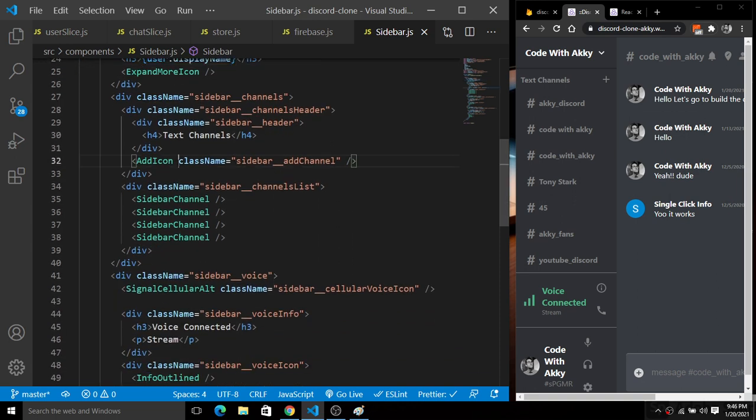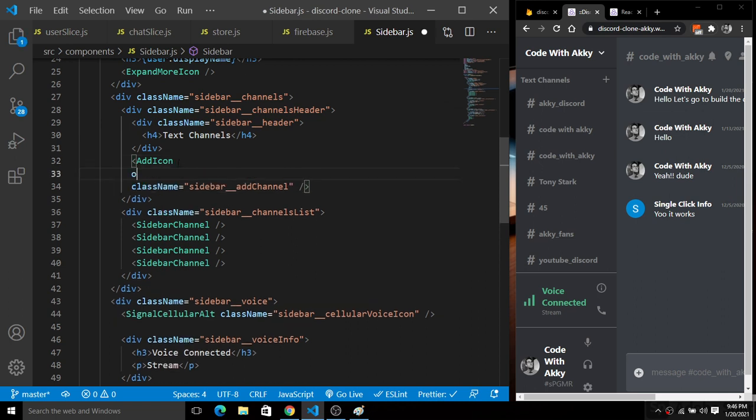As you can see, we have this add icon here. So I'm going to simply create an onClick property here. So on click, there will be a function being called when we click here.